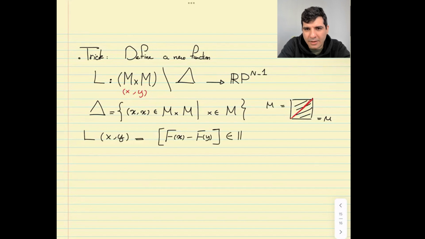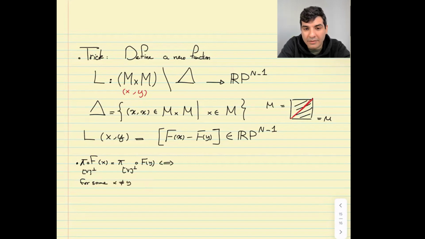So if x minus fy is something in Rn, the class associated to this would be in RPn minus 1. So this is the definition of L. The essential thing is that pi associated to V perp of f(x) is equal to pi V perp of f(y), projection to the complement of the normal space of V composed with f, for some x not equal to y, if and only if, well, we learned